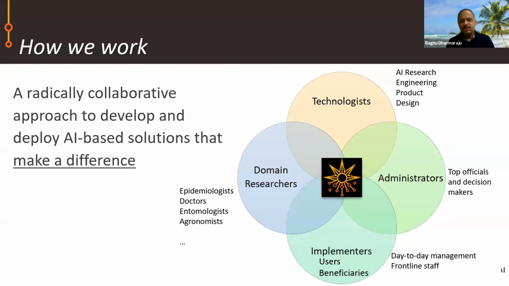So like I said, I'll focus on a little bit of the how and nitty-gritty of how we do things. But key to it has been really a radically collaborative approach. Typically, technologists and global health folks are in two different buckets. So under our umbrella, we bring not just AI research, engineering, product, and design, but also folks from the programs, of various types: administrators, implementers, and domain researchers. And we work with external partners very closely. That, to me, makes a big difference.